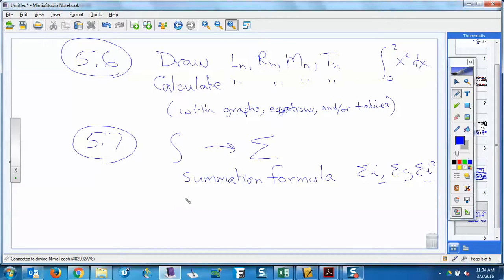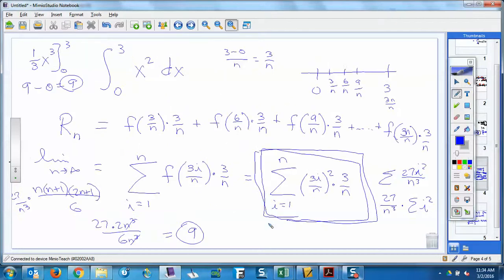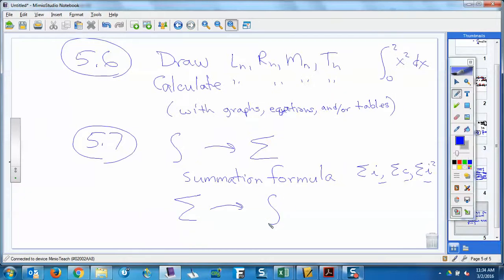And then, of course, the last thing, what we were doing today, is you start with the sigma and you convert that into an integral. So we've done a little bit of both of those today. We just did the one where we started with an integral and wrote the sigma. And then today's homework was starting with the sigma. That's about it. Then, of course, in the midst of all that, we came up with the definition,